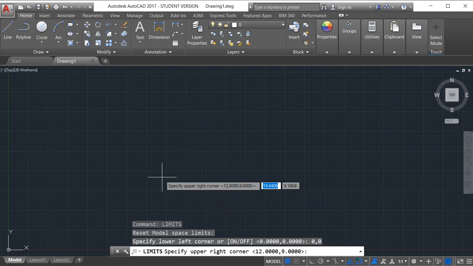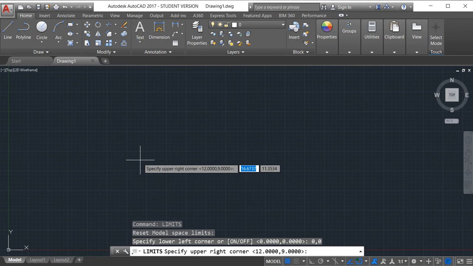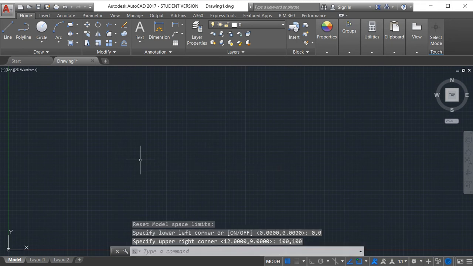You must pay attention on this screen. For this, press 100, tab 100, enter. Now the lower left corner will be 0 comma 0 and the upper right corner will be 100 comma 100.